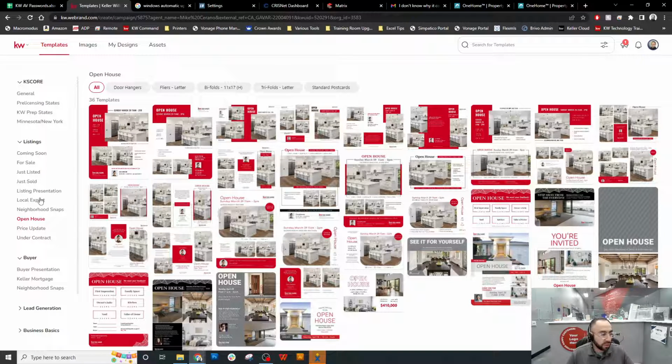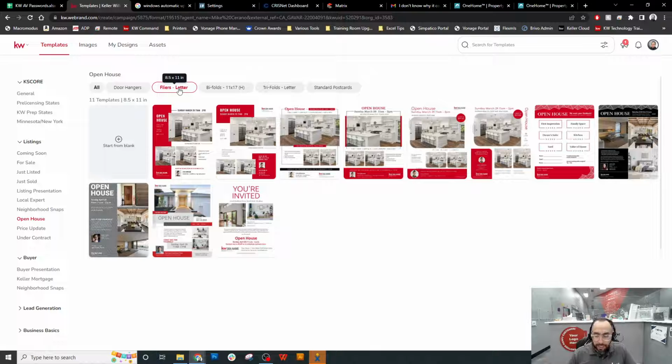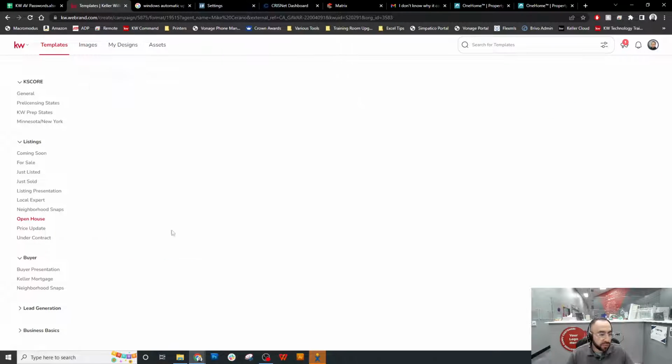that you can all look in, select here, and then be able to hop into these right away. By default, the screen here is going to show all of the templates available in the various sizes of each document here. So if I choose to just show flyers, I can just choose the flyers option here from the top, and then only the open house flyers are going to come up here. And so I can just hop into any one of these,